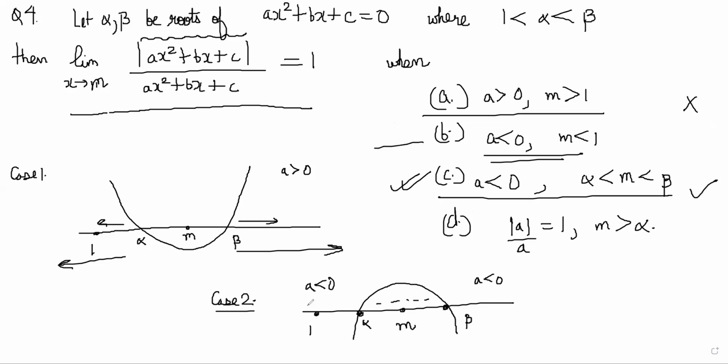If a is less than 0, m is less than 1, the quadratic is negative clearly, in this region. So then mod is negative, then it will become -1 as the limit. Everyone is understanding, no? You don't have to do anything in this. Just draw the graph and see the options. Okay. Next one